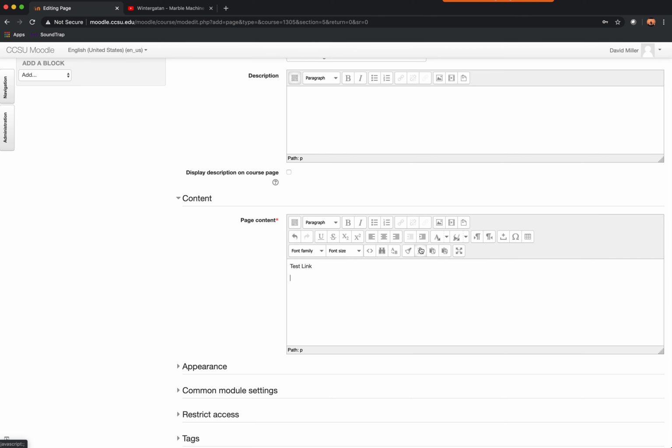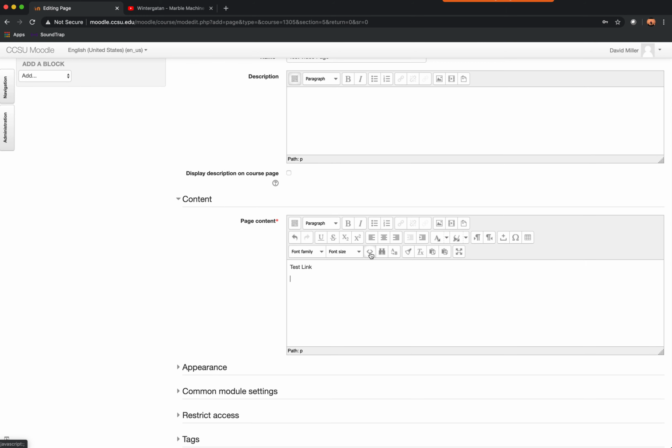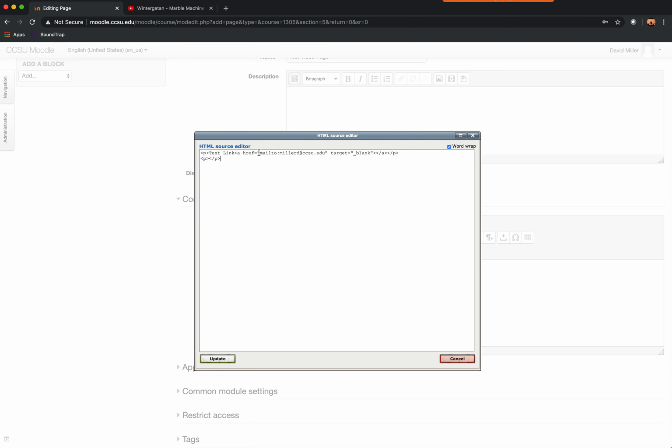But the main one I wanted to point out is this one right here, which is the greater than, less than signs parked next to each other. Those are the symbols for HTML markup language. So if I'm in a page and I click on that button, it's going to open up a new window. And that new window is going to actually show you the HTML that creates this page when your users go